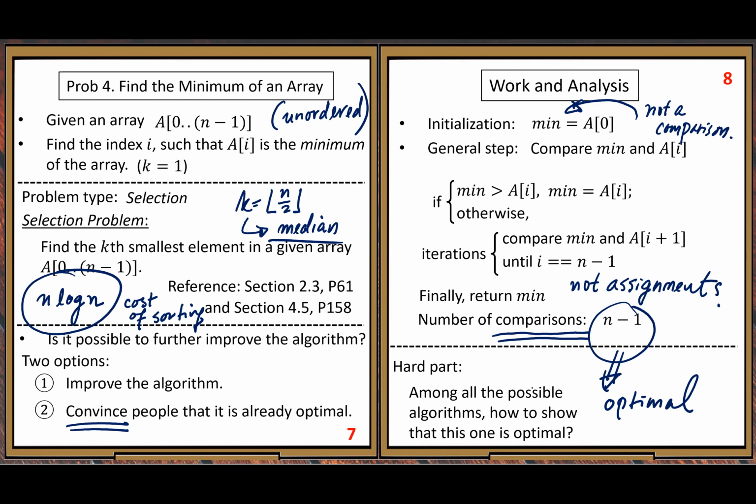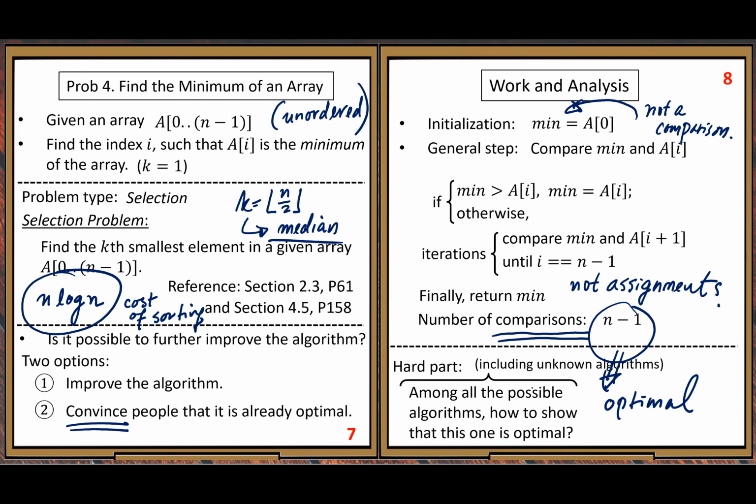So that's what we want to show here. Is that hard? Think about it. Is that hard? So let's do that part, including